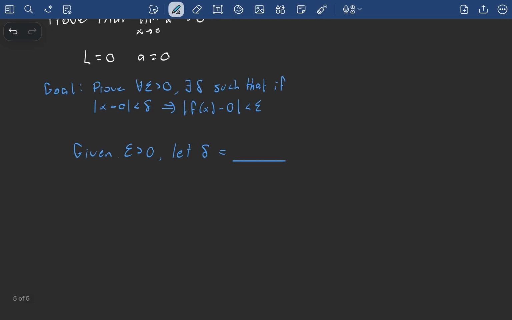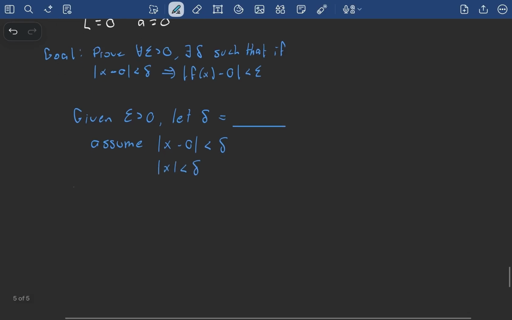And we will assume that the absolute value of x minus 0 is less than delta, or x is close to 0. This basically is just the absolute value of x is less than delta. Then,